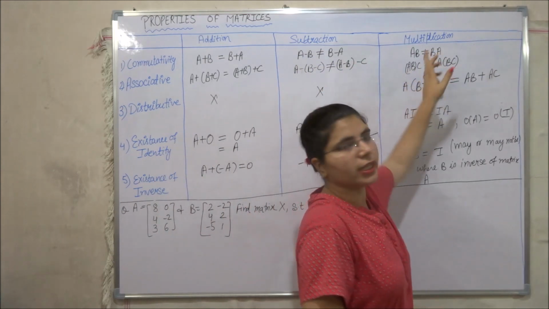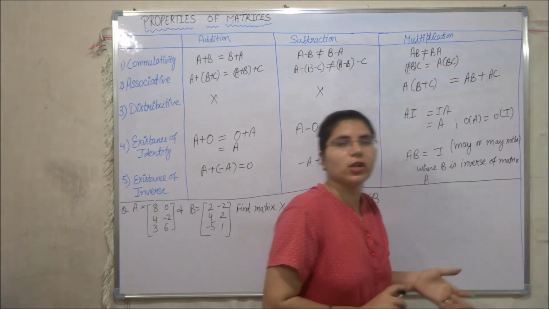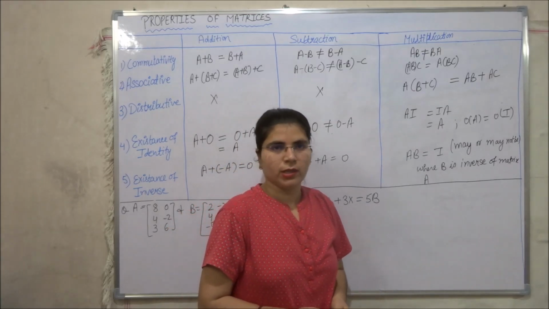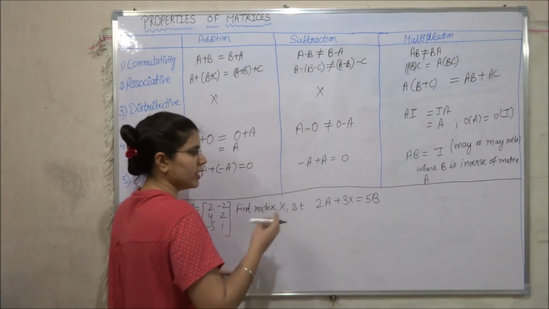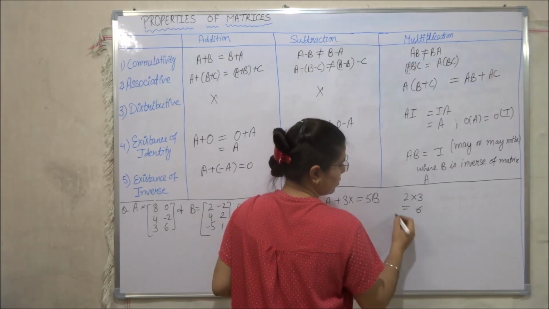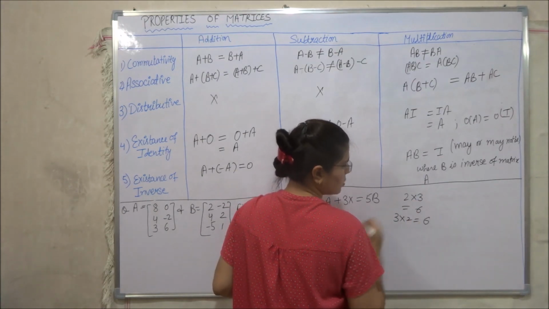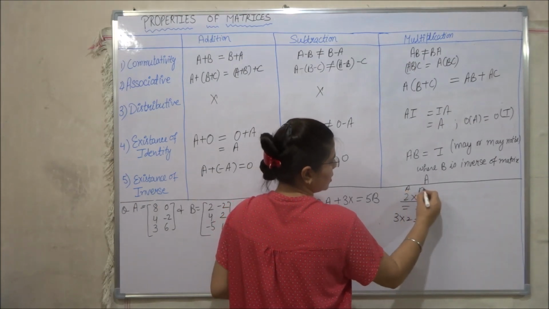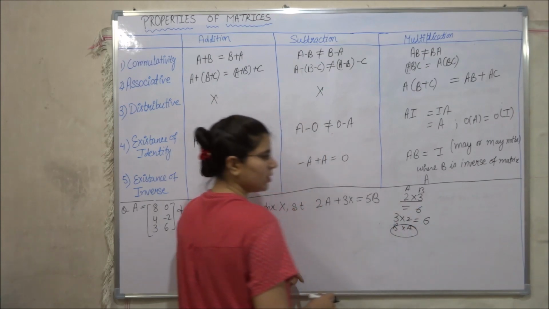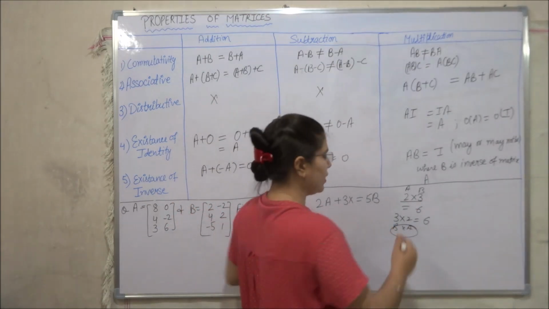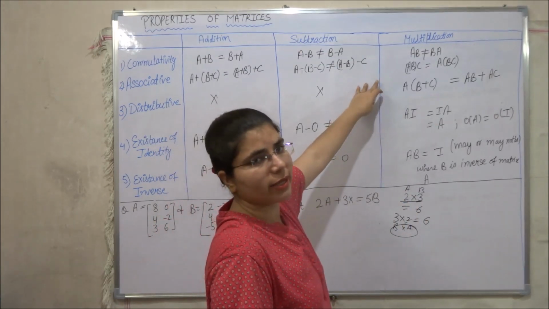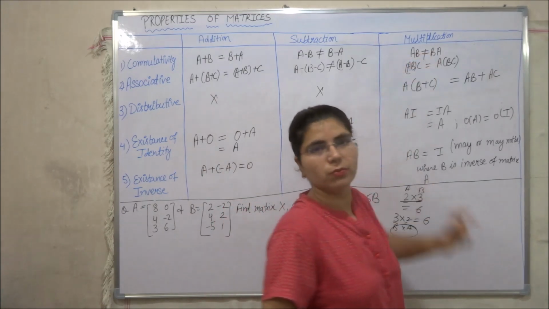In a similar way, in case of multiplication also, product of A and B matrix is not equal to the product of B and A. In a simple case, that is in case of numbers, 2 into 3 is 6. In a similar way, 3 into 2 is also 6. So if this is A, this is B, and this is B and this is A. So in case of numbers, products are equal, whether we are taking 2 into 3 or 3 into 2. But in case of matrix, AB will never equal BA.